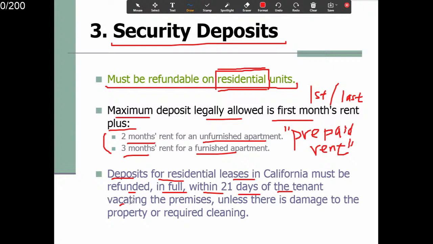Deposit for residential leases in California must be refunded in full within 21 days of the tenant vacating the premises, unless there's damage to the property or it requires cleaning. 房东21天之内，房客搬走，他要退这个定金，减掉一些修理的东西，还是清洁的东西。